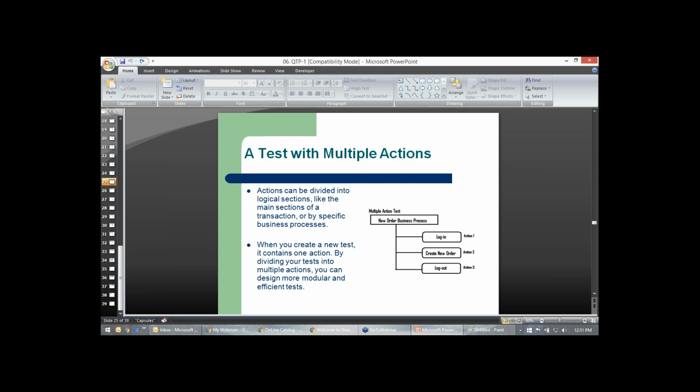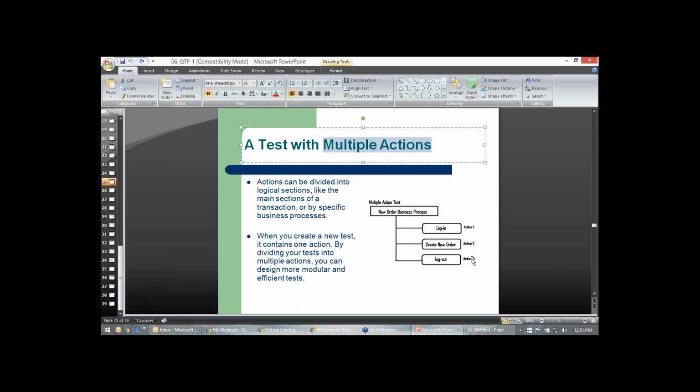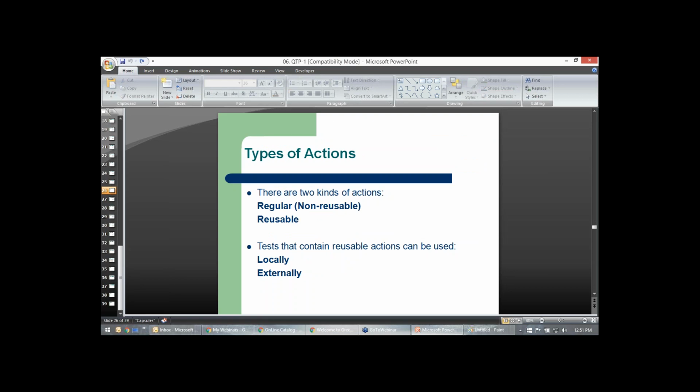Here I said, if there are multiple actions, you can create any number of actions. As I said, an action is like a workspace. How do you want to divide your workspace? There are two types of actions: regular action and reusable action. Regular, you cannot reuse. Once it is done, you can store it on your desktop and that's it. Reusable means it's kind of a library file. You put it into some network file or online drive, and you can reuse it. If you want to call some functions from it, just pull that into your script.